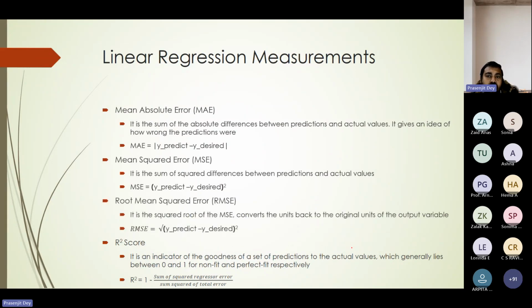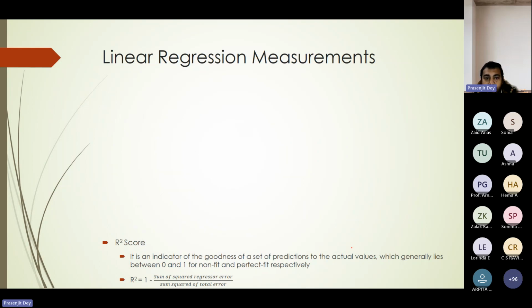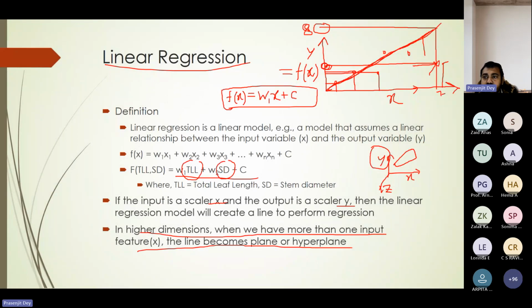Now, how to measure the performance? Based on evaluation, suppose the actual crop yield should have been 10, but your linear regression model is giving a value of 9 or something. The difference between these two is the error. This error computation is again a very important factor in machine learning. So if I go back to this example,